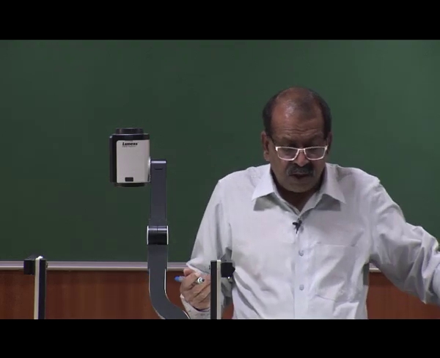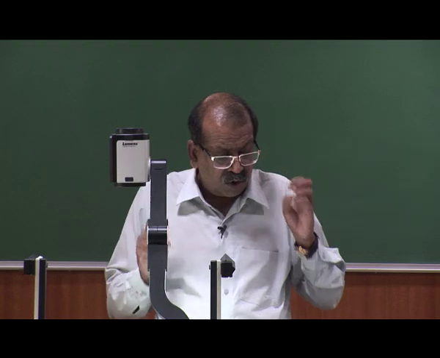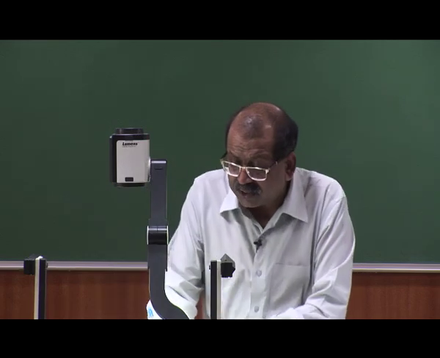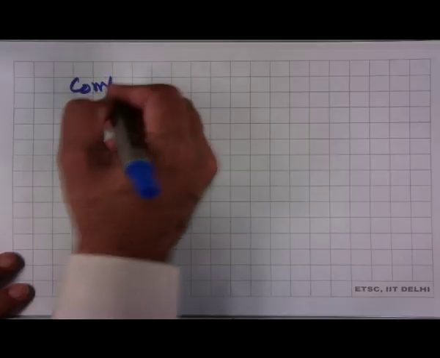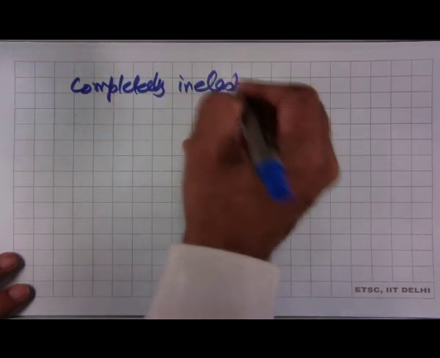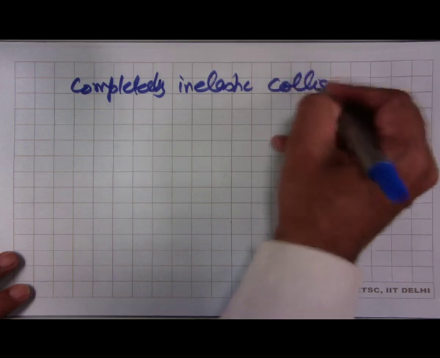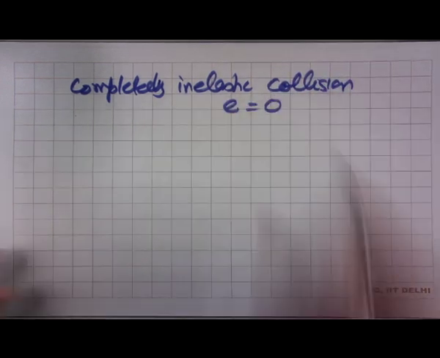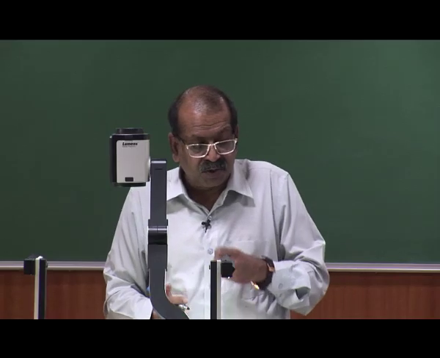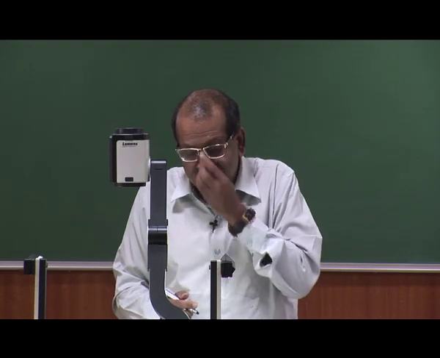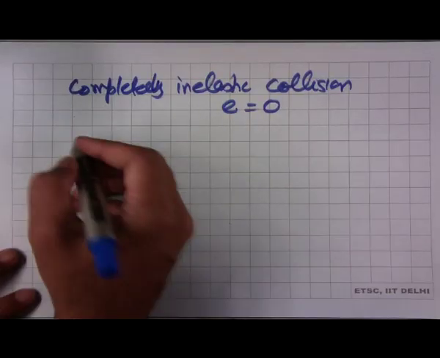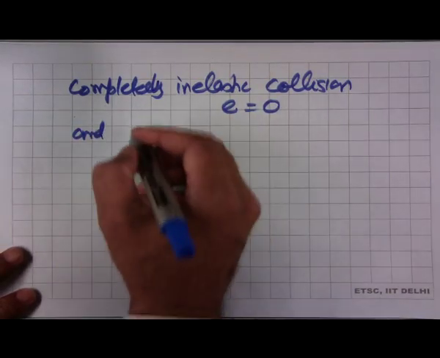In an elastic collision, the kinetic energy is not lost, it is conserved. Now, as we said, the completely inelastic collision is the case we have talked about. I have talked about E is equal to 1, E is equal to 0 without explaining what E is, which I will do in just a moment. But if it is a completely inelastic collision, that is the case when E is equal to 0, and at this time the